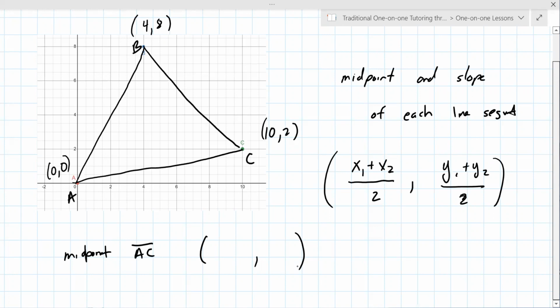10, 1. You're dividing by 2. Yeah, I did that. Wait. It's 5, 1. Good. Okay, now we want to do the midpoint